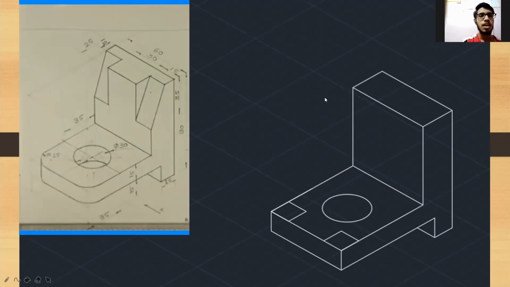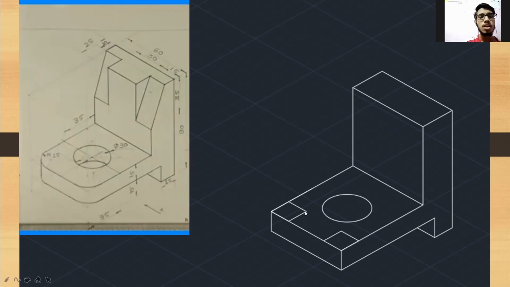Now, as we can see in the problem, the corners of the lower part are curved. So for drawing these curved edges, we'll have to draw a circle at the corners. So for drawing this circle, we'll first draw lines at a distance of 15 mm from the left plane and right plane.